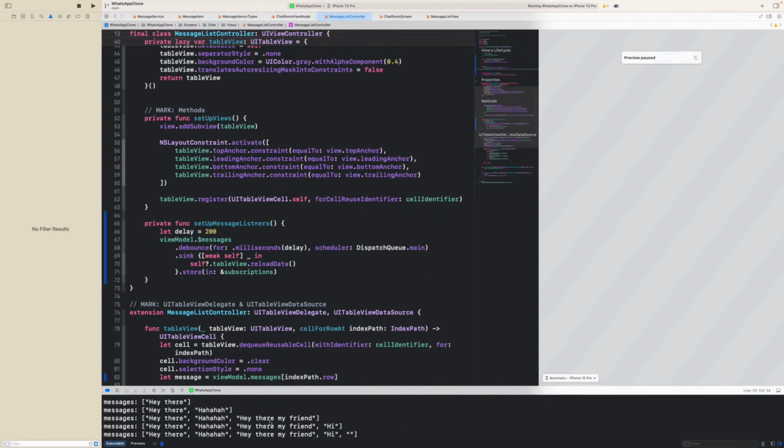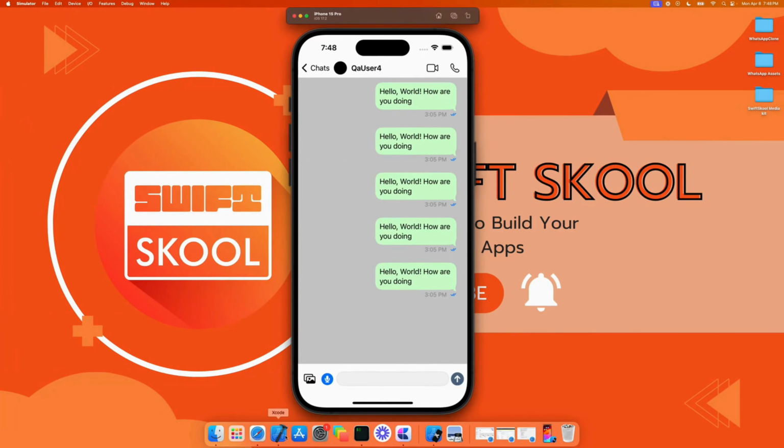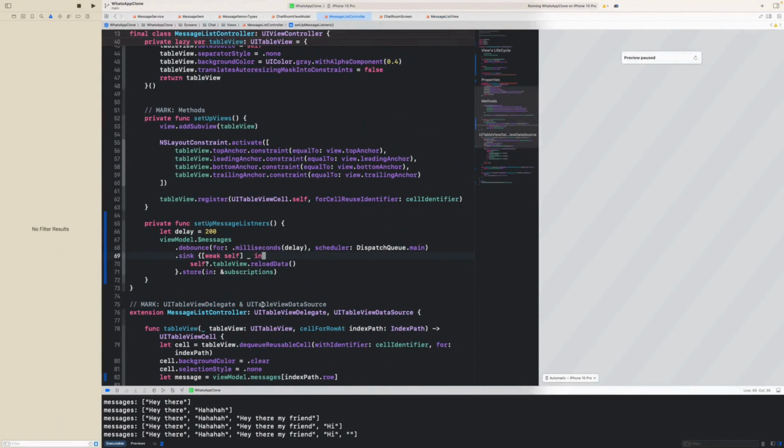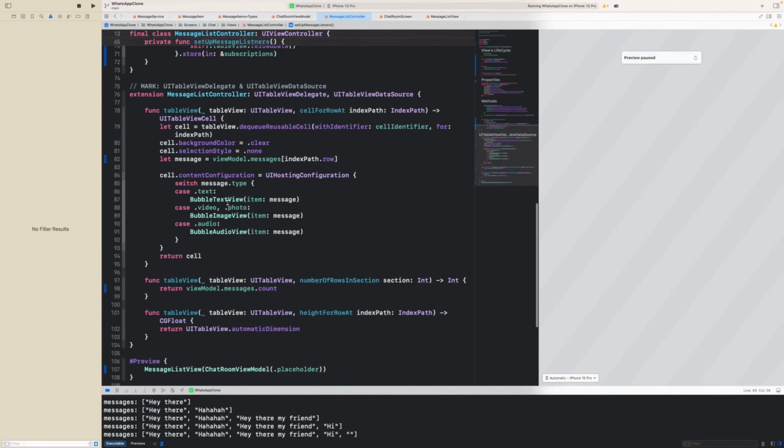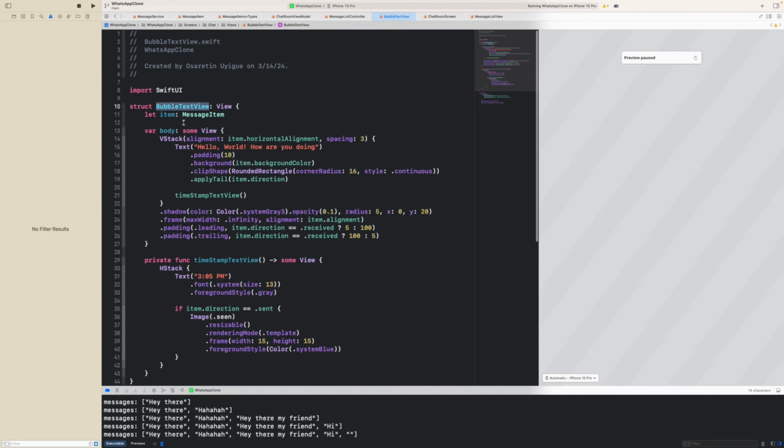As you can see, it says A there, but that is not really saying A there. It's just saying hello world. And I think I know why. So if we go into our message list controller, if we scroll all the way down here inside of our bubble text view, and if we jump into our bubble text view, as you can see, we're actually not using the message, the text from the message. So in bubble text view, make sure you replace this magic string with